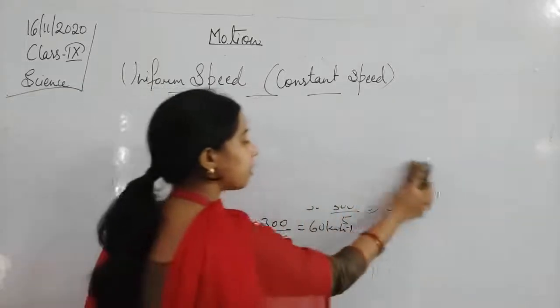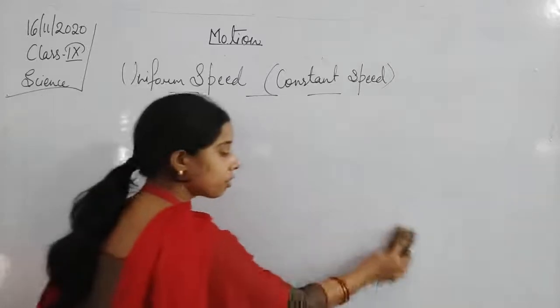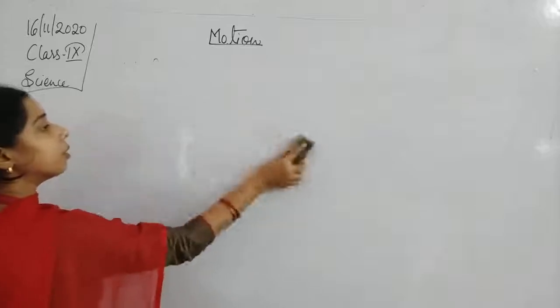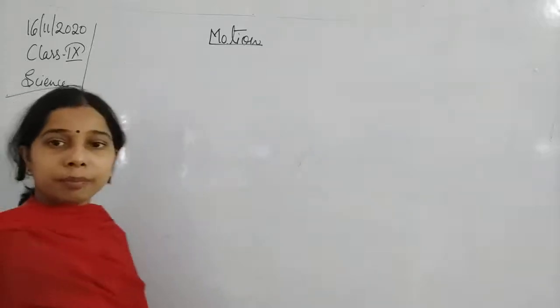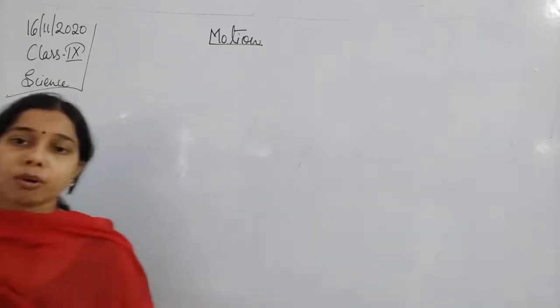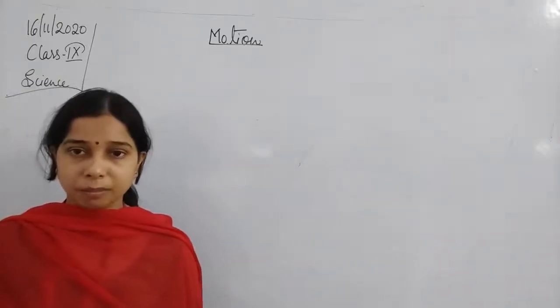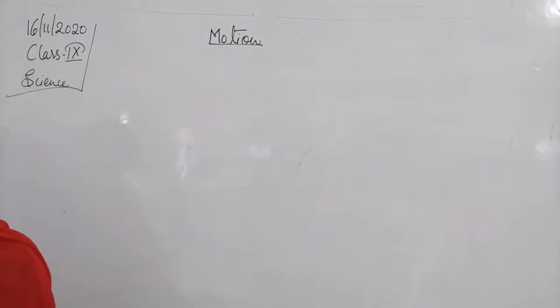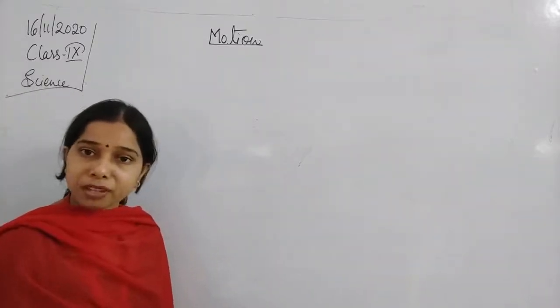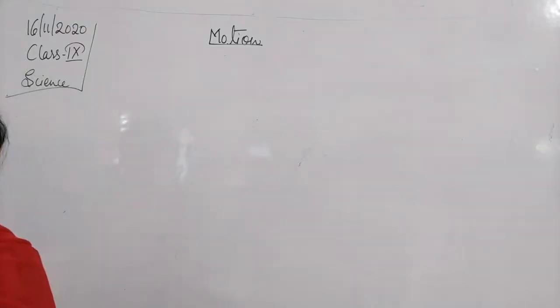One by one, first of all, we will try to understand the numerical which is related to speed and units, and how we can convert the units, from kilometer to meter to centimeter. Then we will move on and try to understand it with the help of the formula and the average speed. Okay, so let us try the first question.